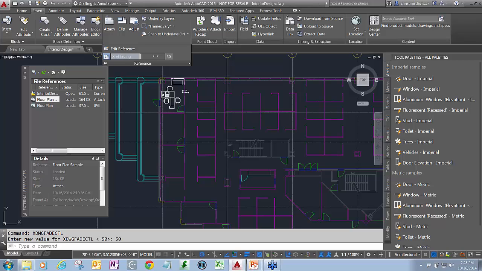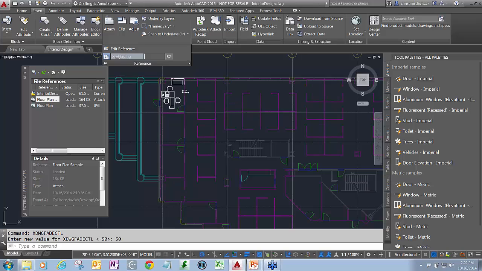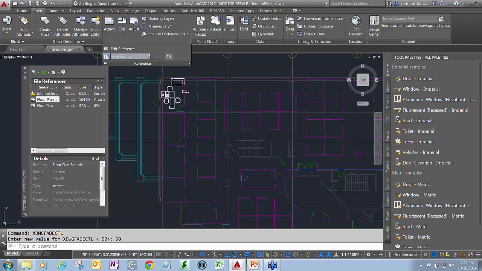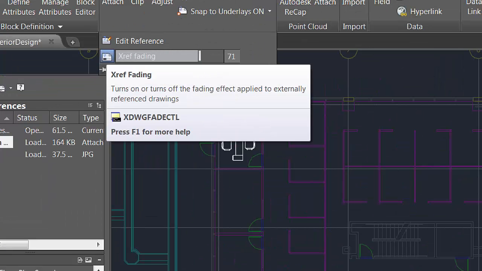And then I can turn it back on, but maybe I want it to be just a little bit brighter. Or actually, now I'm going darker. So the higher the number, the more fade I have. If I want to go brighter, I've got to go the reverse way until it gets close to 0. You can also control that through the XDWG Fade CTL variable. I'll hover over that button so you can see it. And that would